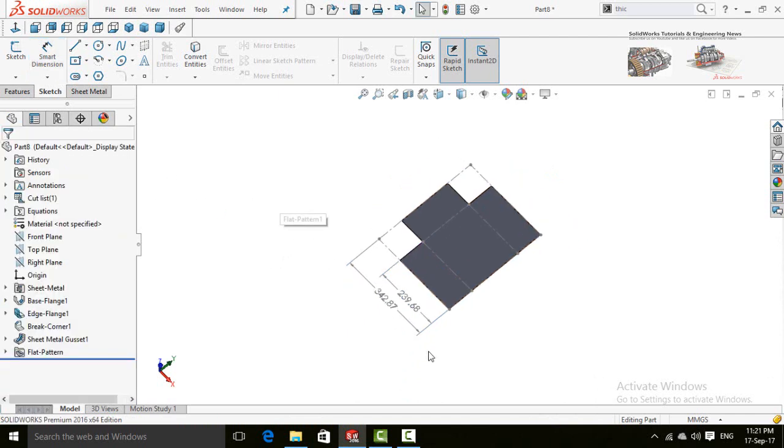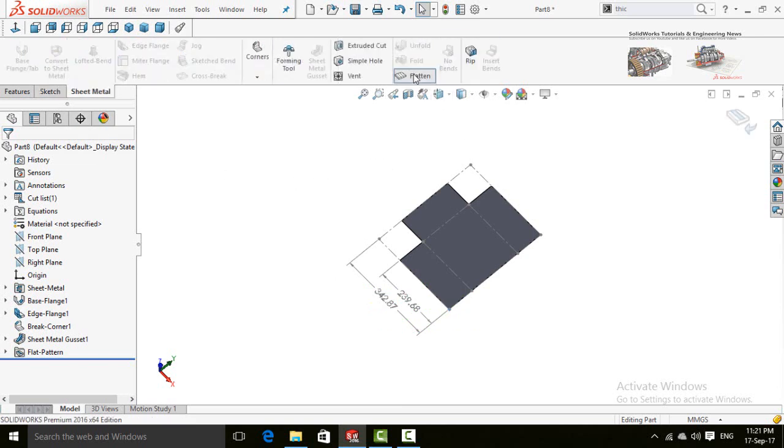So press OK. Once you have completed this task, just press flatten command or press this button.